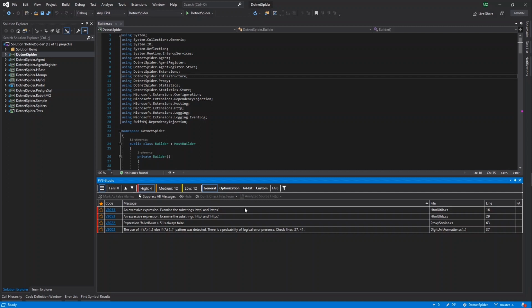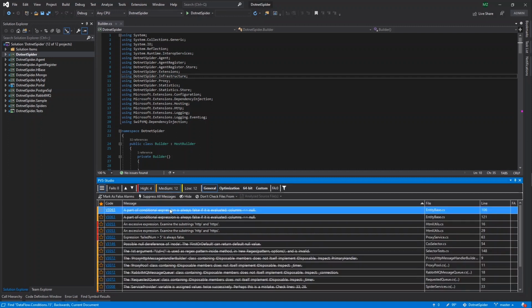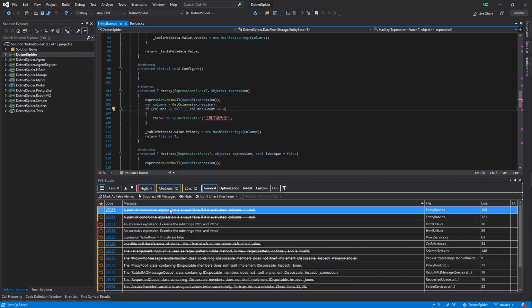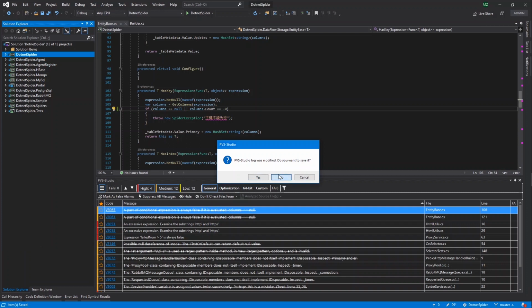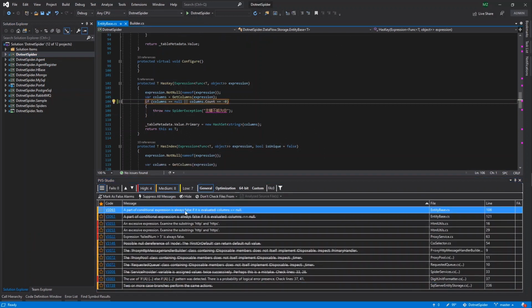You might have a question: if you change the code in the file, the errors will shift and warnings will appear again? No, this will not happen, because the suppression file stores the hash of the string, so the shift of the string doesn't affect the occurrence of the error in any way. However, if you change the code in the error line or adjacent lines, then the message will be displayed again. Let's choose one of the suppressed warnings. Now let's change the code next to it a bit and run the analysis for the file. As you can see, the error is back in the log when the adjacent lines got changed.